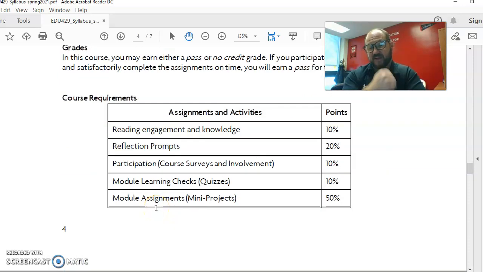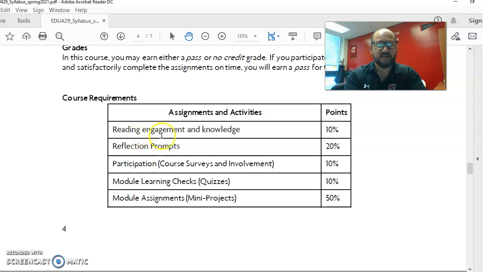Recognize that the course will be evaluated. It's graded as pass, no credit. At this point, I expect everybody to pass, but I would really like to treat this as a professional learning opportunity, or professional development, as opposed to a one-off course. So you really should be taking teaching strategies into your toolkit to move on into your student teaching experience, and being prepared with some digital pedagogies that you may not have had prior to this experience.